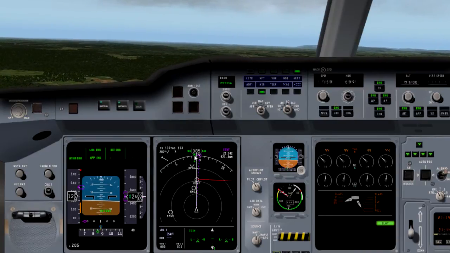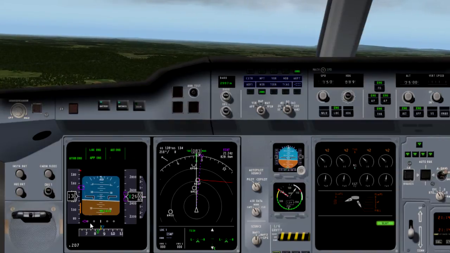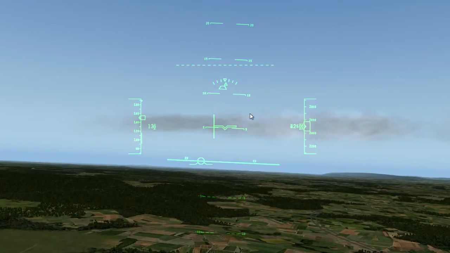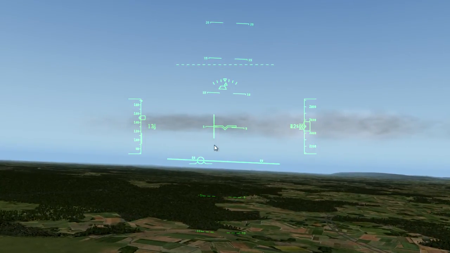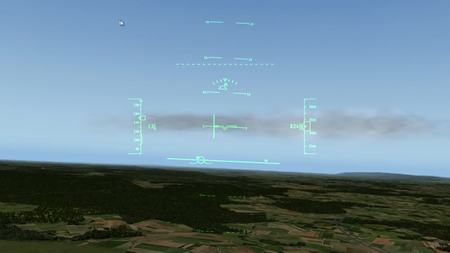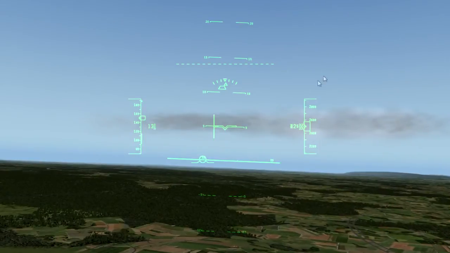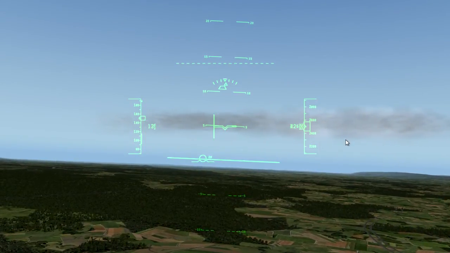The green line is the heading of the runway, or where the runway is at. The purple bar right there is what lines us up to the runway. And if you go view forward with HUD, you can actually see the localizer is engaged automatically and is drawing our aircraft to the left, apparently. So apparently I'm somewhat far off. Yes, I am a little bit off the runway. So the aircraft's going to keep turning to the left till it seeks the runway